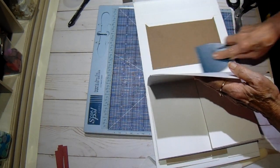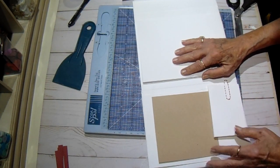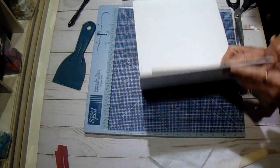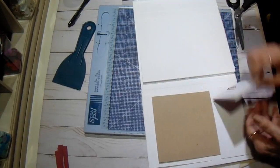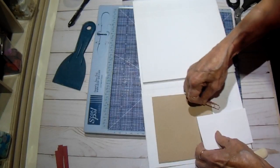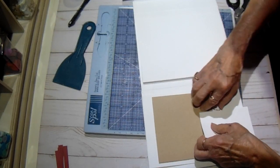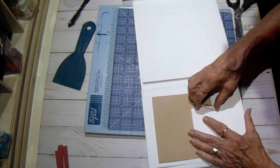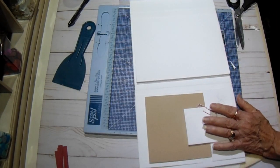And this one. Okay. Now I did cut, let me see how this is going to close. Okay, we've still got enough room for another piece that I cut. Let me get this to stay in here where I want it for now. Okay, I cut